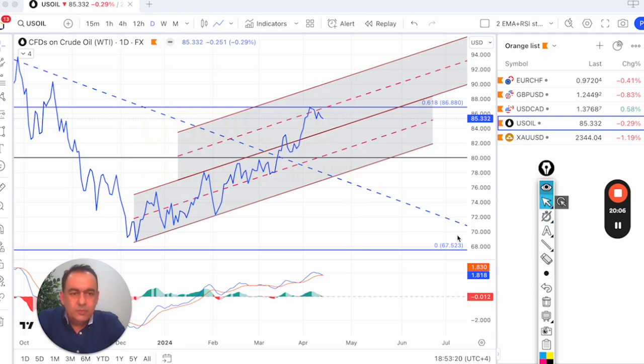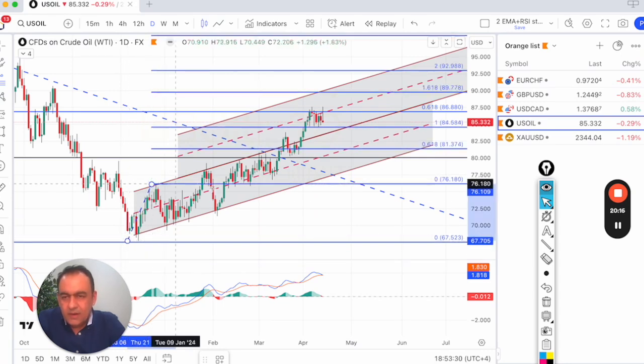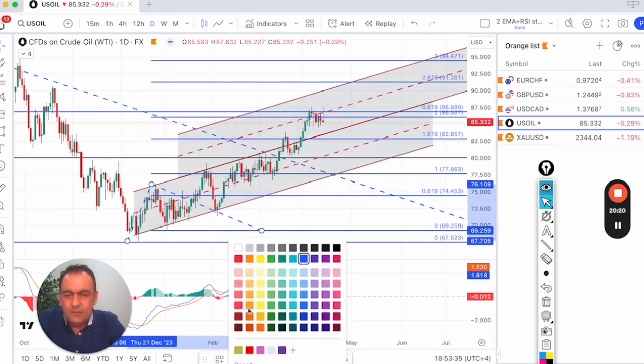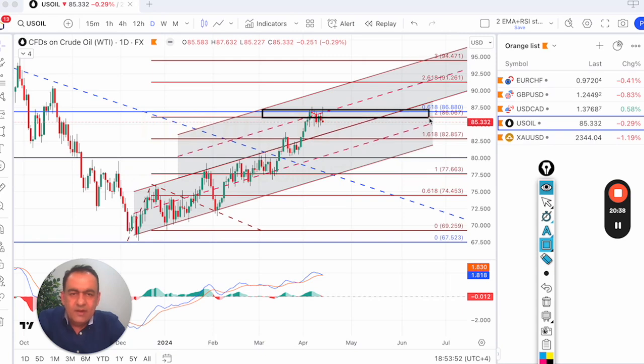Now we can also plot a few more extension levels based on daily bullish cycle. So I'm connecting from the low to the first high and the first higher low, and I'm going to change the color of this extension. And if you notice, right now we had the confluence of the bigger time frame extension cycle 0.618 and the lower time frame bullish extension cycle 200%. So this was the magnetic level which is already achieved,